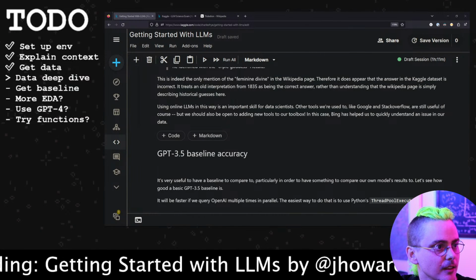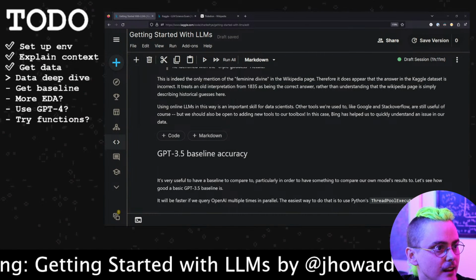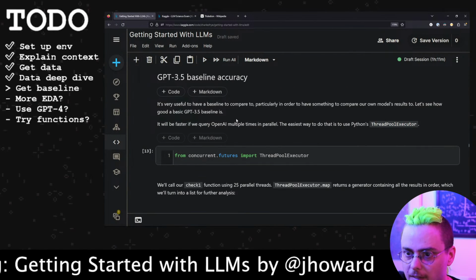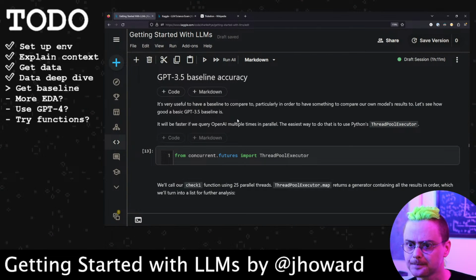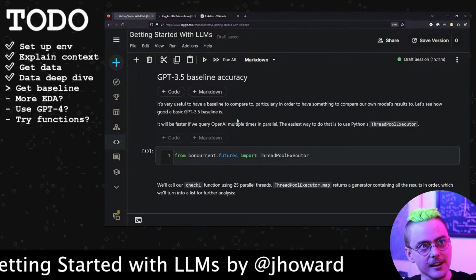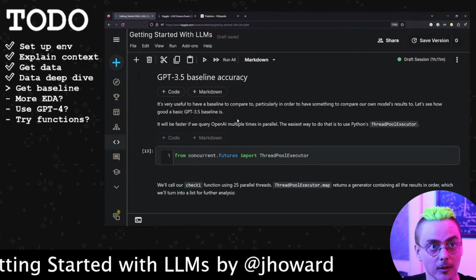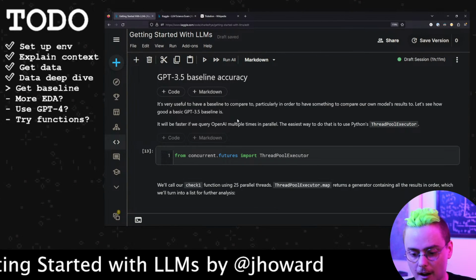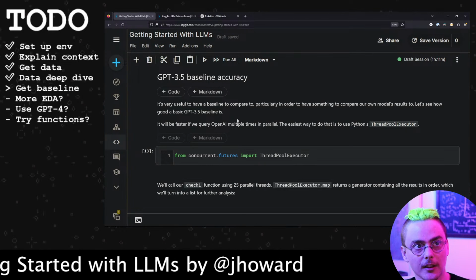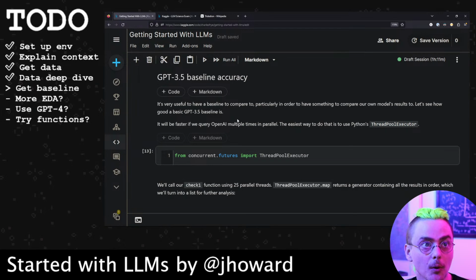All right, that's everything I had for our data deep dive. Let's go into the actual part where we get the baseline accuracy. So, we're going through this initial phase of: I've been tasked with a machine learning problem, and what do I do? Step one, always get to know the data, get to know it really well, use whatever tools you can